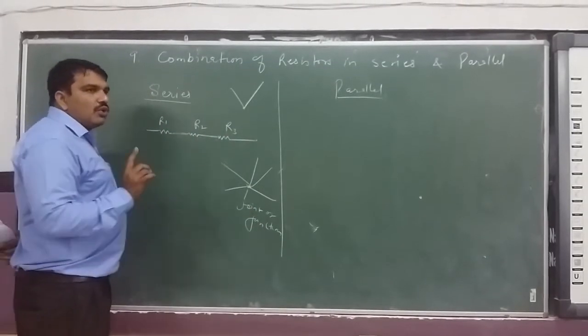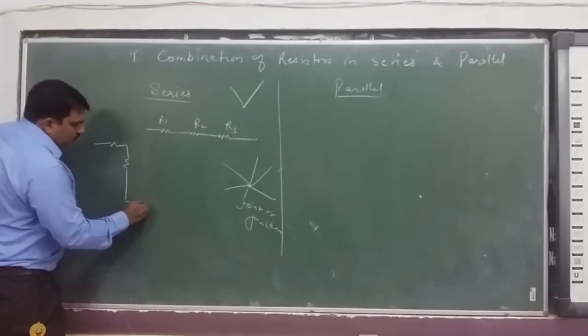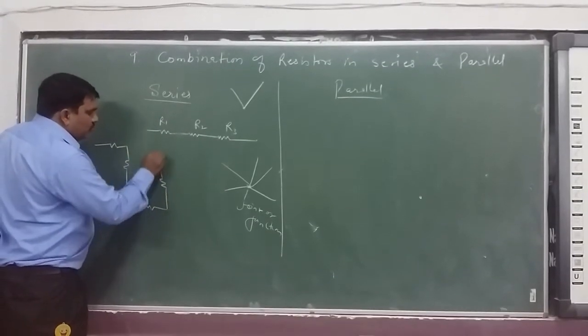So this is the way to draw the series combination. So you can see another form like this. So this is also,